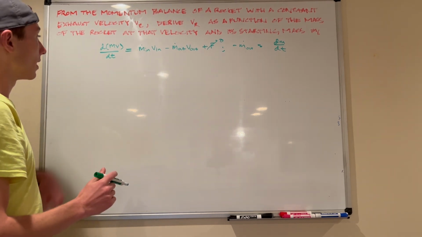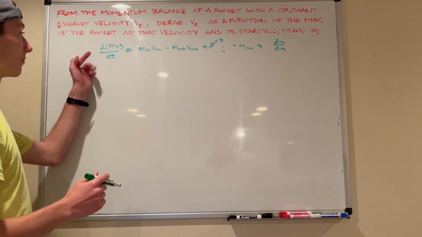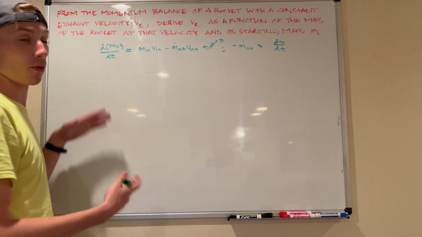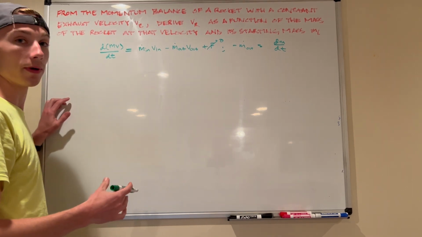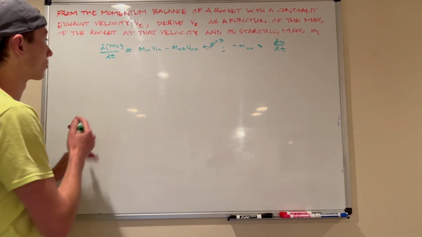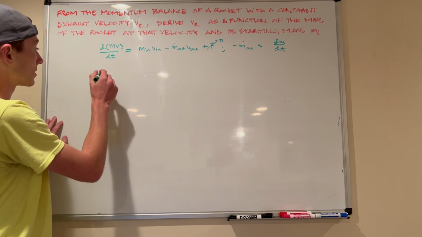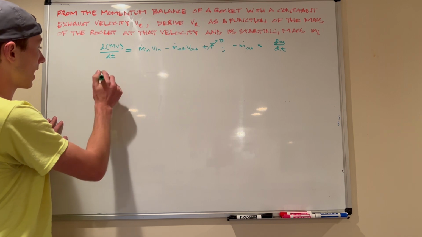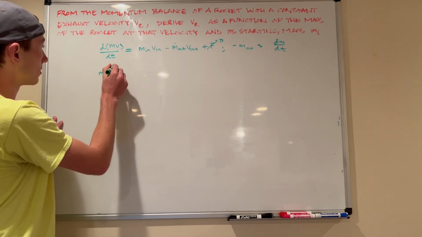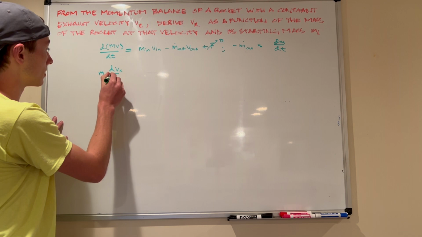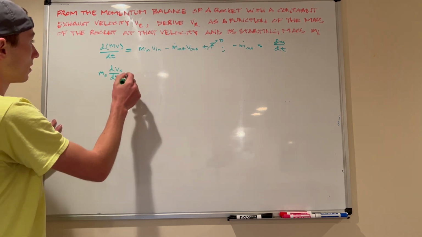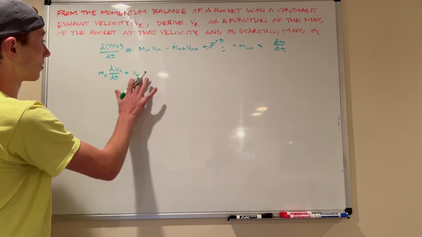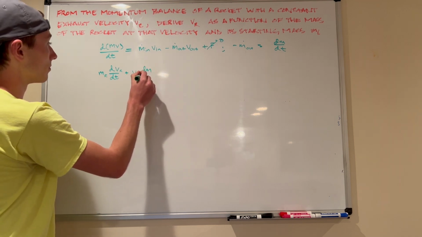Next, we have the derivative of these two variables with respect to time. Both of these things change. It's not really a constant. We call it momentum, but it's both of these things combined. So what we can do is separate them, but we have to use the product rule, right? So that gives us m of the rocket, and I'll use a capital R here, dv rocket dt, plus v rocket dm dt,